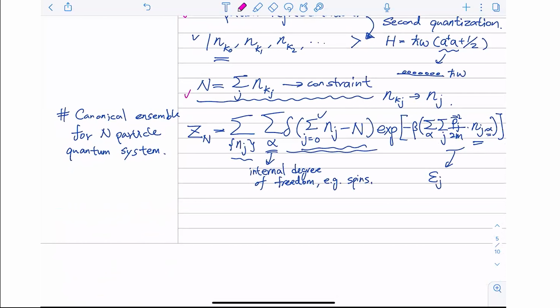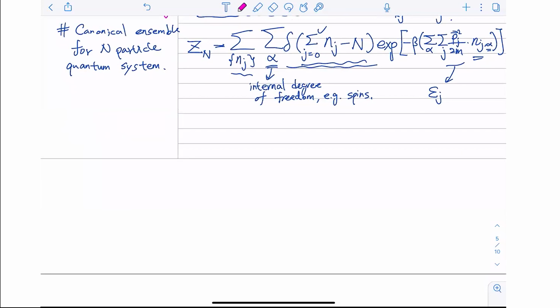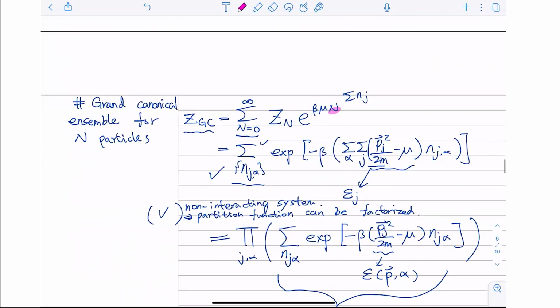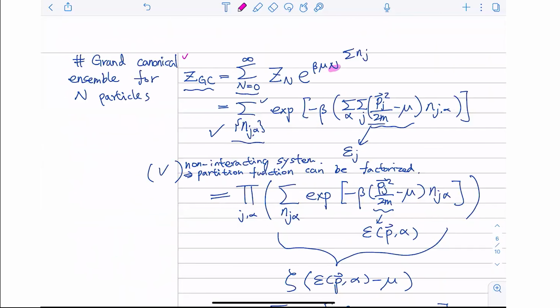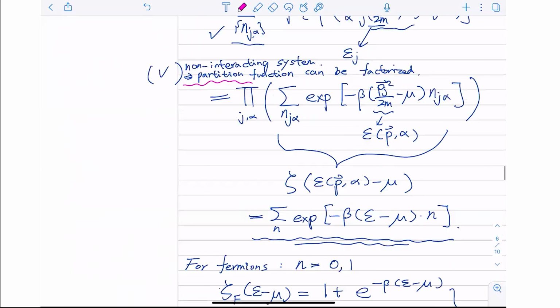So we construct the canonical ensemble and the corresponding partition function for fixed particle number n, and generalize it to the grand canonical ensemble. And we found that because the system is non-interacting, we can factorize our partition function, and this reduced the problem to study a single particle